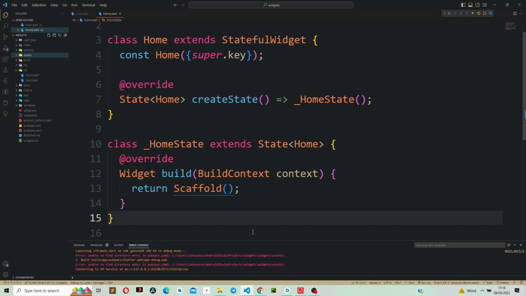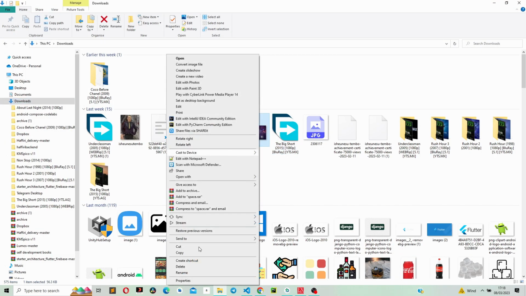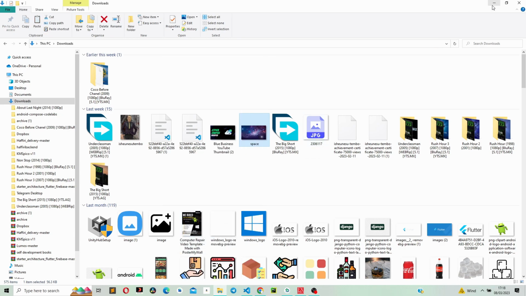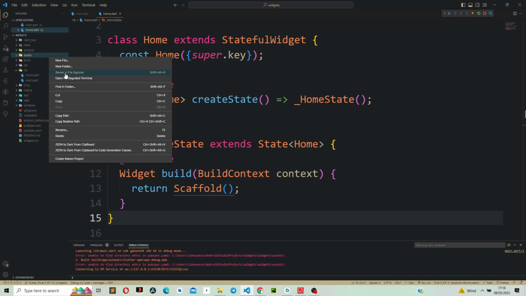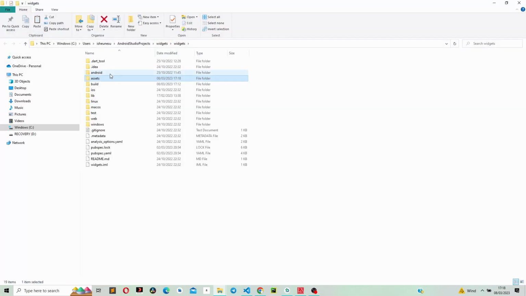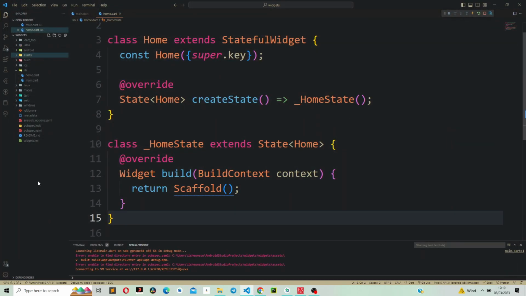Once we've created the assets folder, I'll just go into my computer and copy this space image, and then I'll open the assets folder and paste this space image inside the assets folder, and then I go into the pubspec.yaml